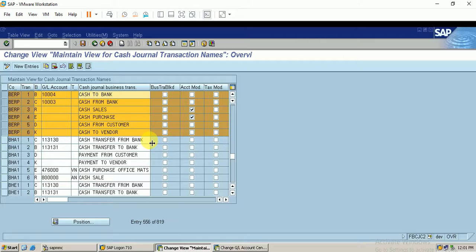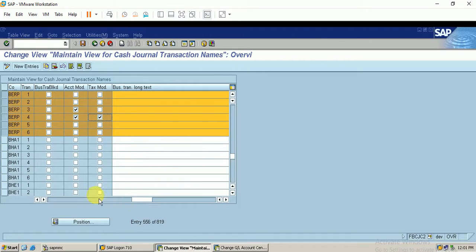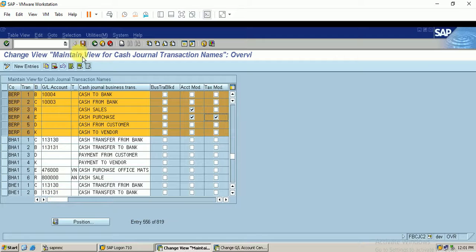And we can also have a tax modification indicator here for our sales and purchase documents. I just make a selection here so that it will be relevant to the tax implementation and the business transaction. This is a long text, we can maintain it or leave it blank. Like this, I have maintained my cash journal. Just save this.